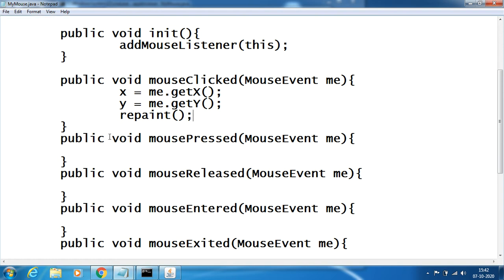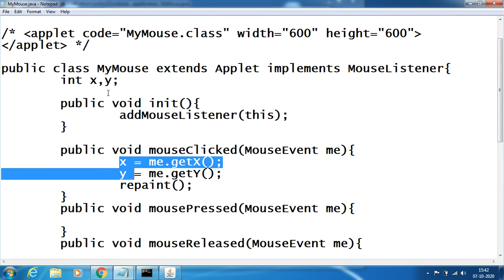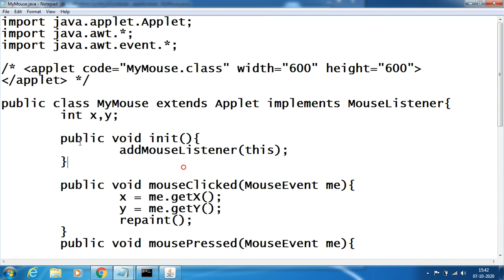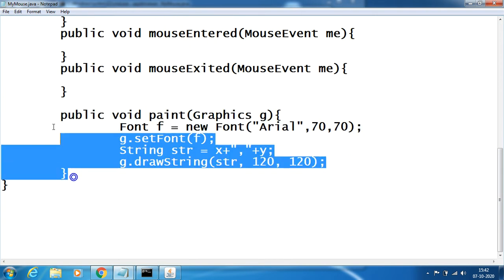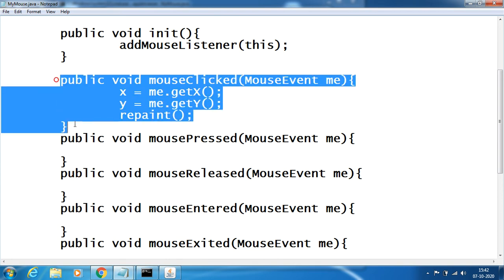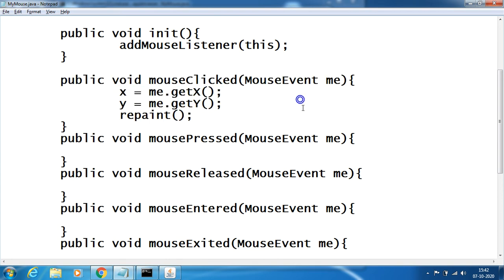Repaint is a method which is used to do the paint operation again for the latest values of x and y. Why are the x and y values always showing 0 and 0? Because once the applet is compiled, it initializes and goes directly to paint. After paint, even though it goes to mouse click, it is not updating the values. Now I have repainted. Repainting is nothing but doing the paint operation, or I can say update. Repaint will call a method called update. The update method will be called whenever I say repaint.